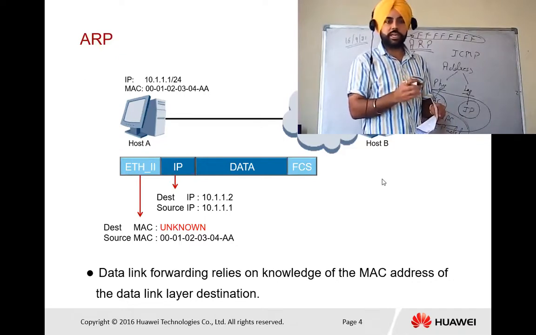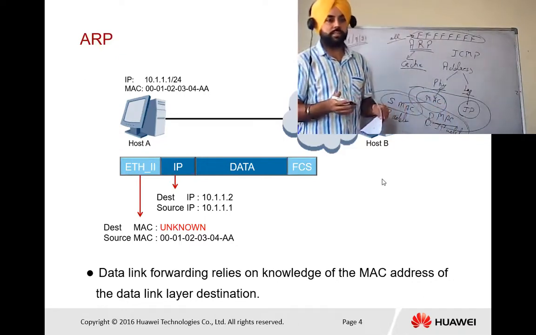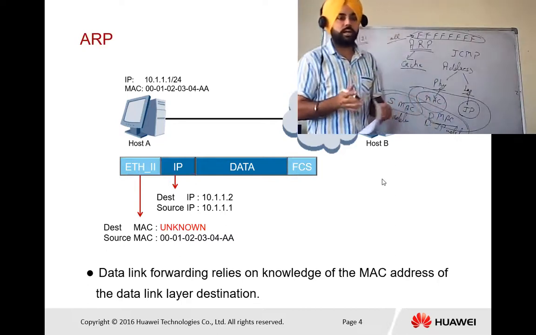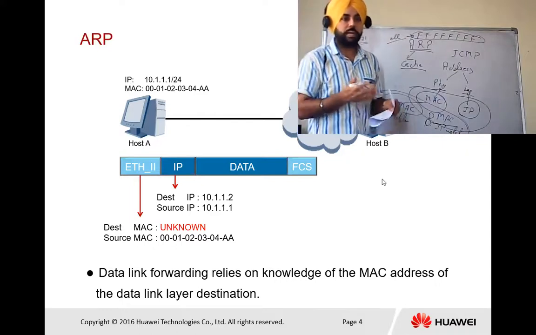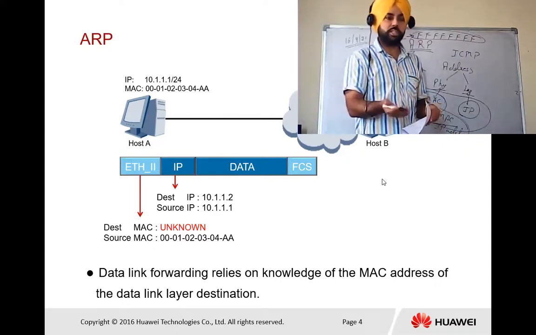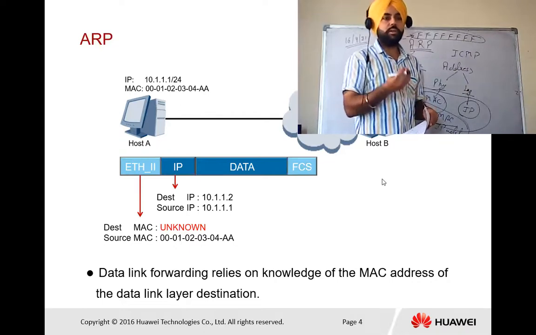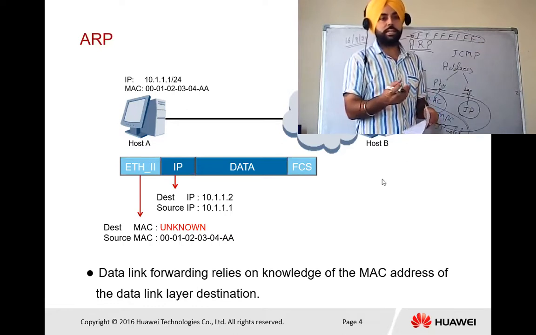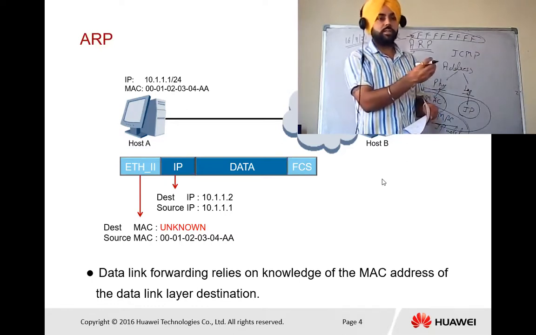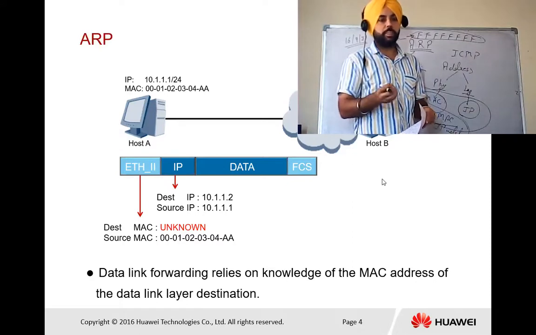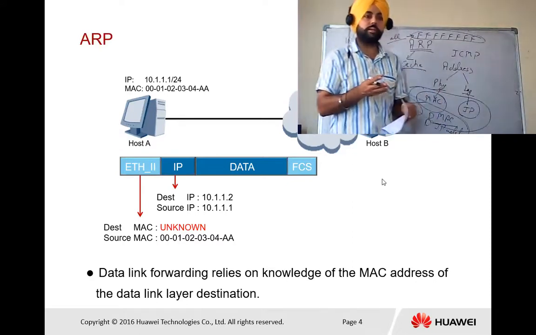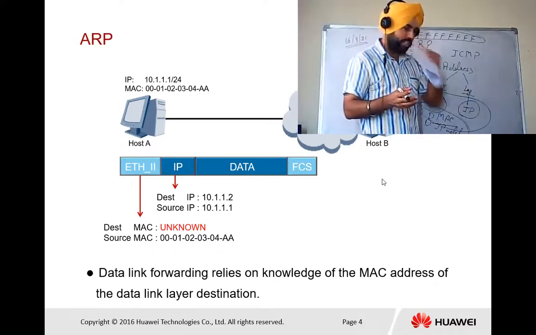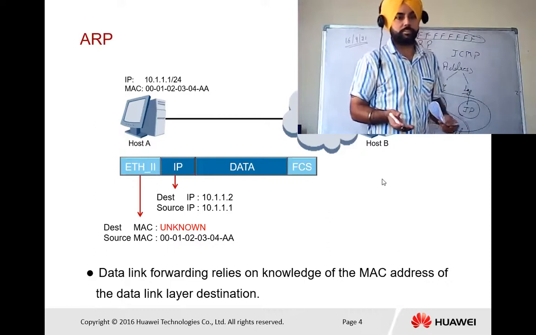After checking the MAC address, it will check the IP address. If the IP address is different, it will discard the packet. When the IP address matches your destination, your packet will be received. Otherwise, nobody can receive your packet; they just discard it. They first check the IP address and MAC address of the destination. If both match, it will open the packet. Otherwise, it will discard the packet.